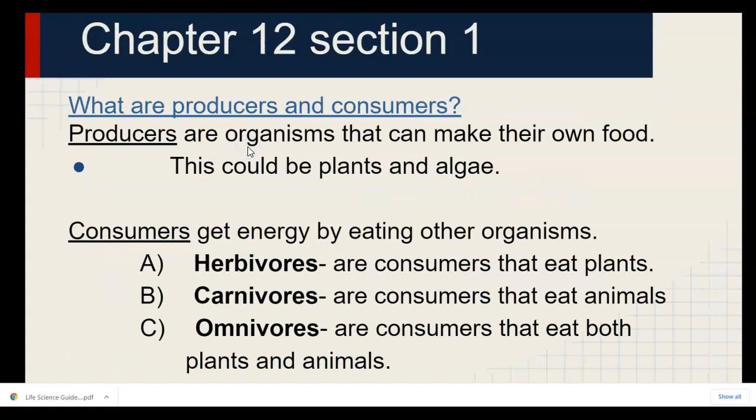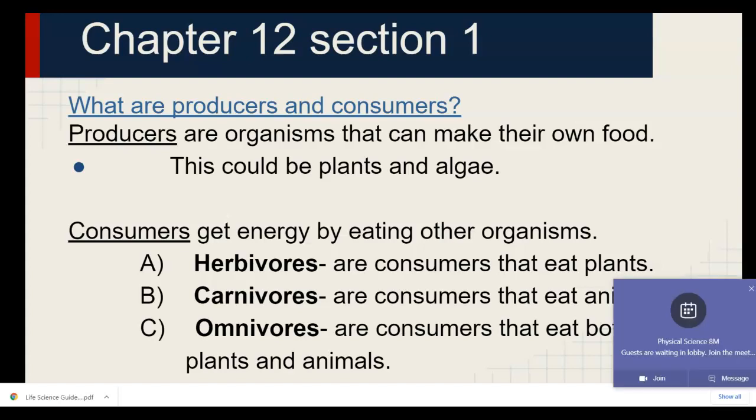So, what are producers and consumers? Now, when we did biomes, we talked a little bit about producers and consumers. A producer is something that can make its own food, so it's got to be photosynthetic. That means using sunlight to create sugars. So, these are going to be plants. It could be algae in a pond, or it could be like phytoplankton in the ocean. If you know anything about the ocean, phytoplankton really makes our oxygen here on Earth. It's the basis of almost all of the upper food level chains.